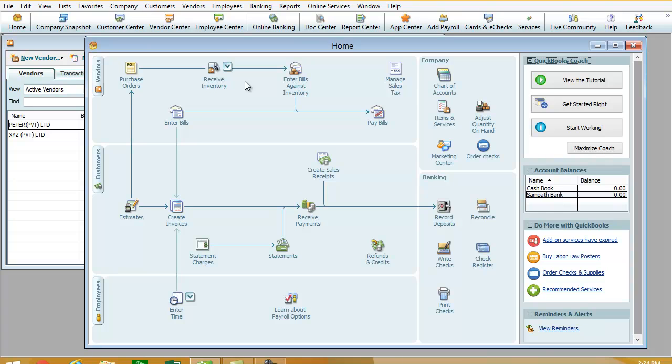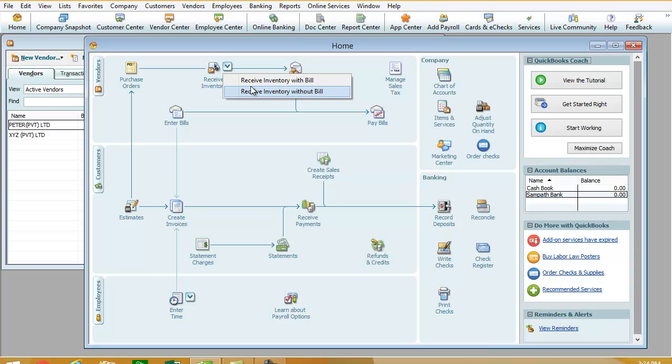Next to that, you will see a sub menu called receive inventory. Once you click this arrow mark, you have two options: receive inventory with bill, and receive inventory without bill. We are going to see how we can take the stocks with bill.